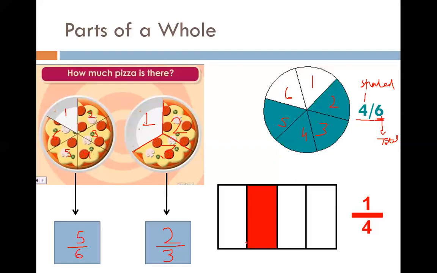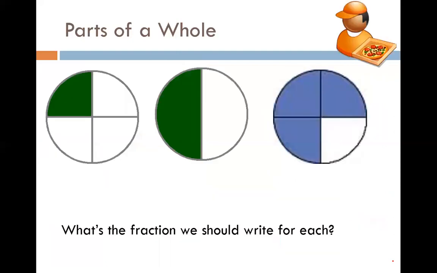In the same way, we'll see this rectangular figure. This rectangle has been divided into 4 equal parts: 1, 2, 3 and 4, right? There are a total of 4 equal parts, that's why we will write 4 below the fraction bar. Then we will write the shaded parts. How many shaded parts are there? 1. So we'll write 1 for it, right? So let's see one more example.